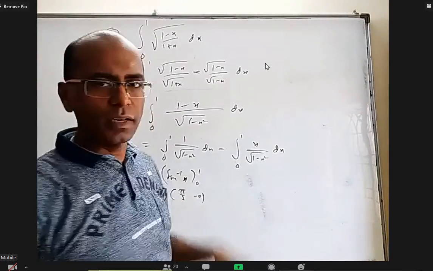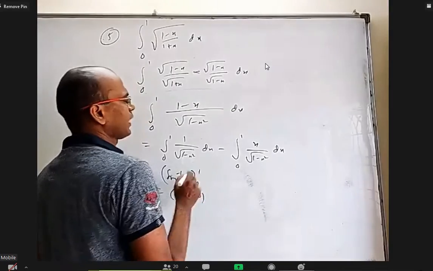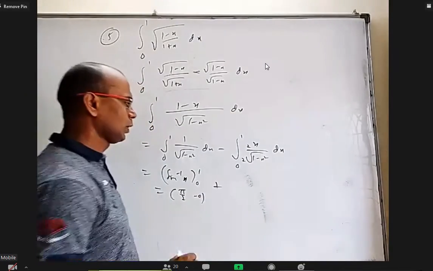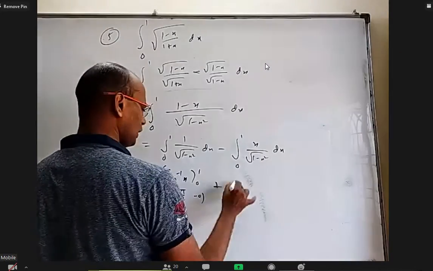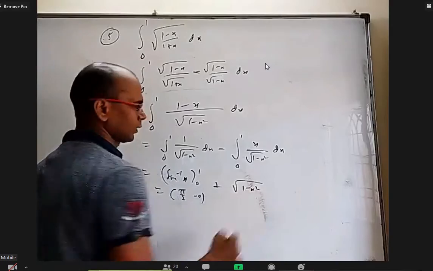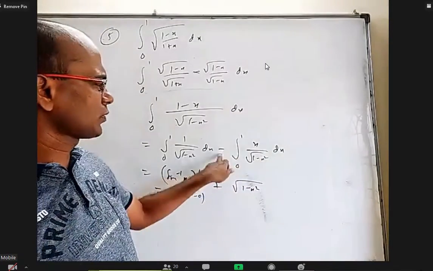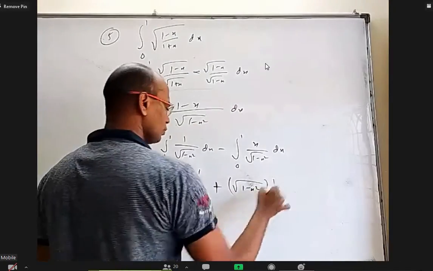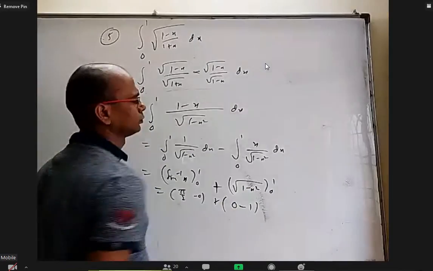For this, there is a derivative. 1 minus x square derivative is minus 2x. In fact, I can multiply the 2 here, 2 here. And then this is directly the derivative of root 1 minus x square, because the derivative of root 1 minus x square is 1 by 2 root 1 minus x square times minus 2x, with minus everything there. That's why it became plus, and 0 to 1. When I put 1, it is 0. When I put 0, it is 1.